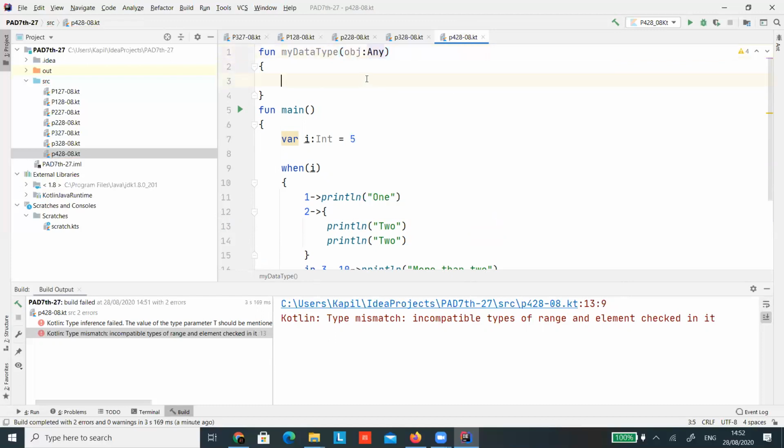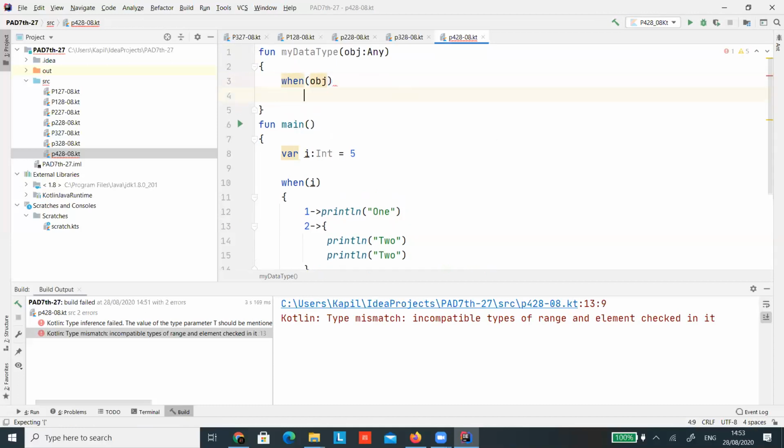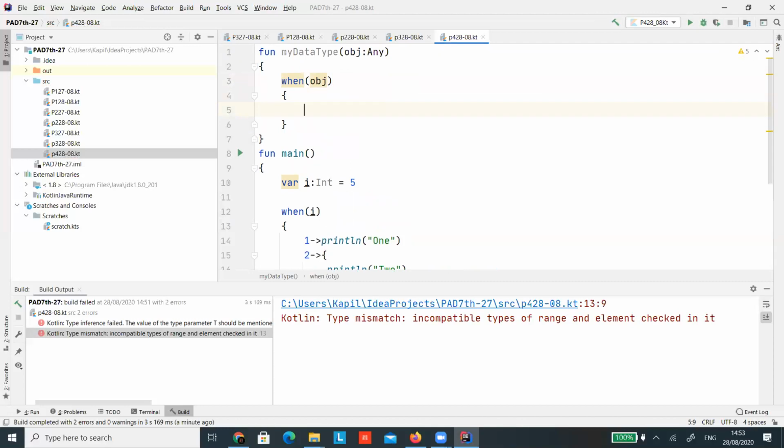Any is like anything you can add. So what we will do in this, we will write the same when, for obj, and in that we can write any kind of values.